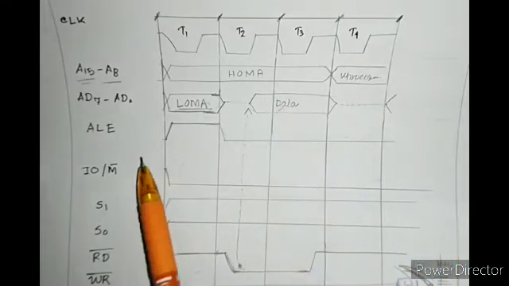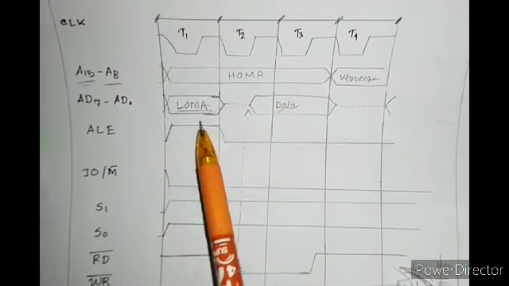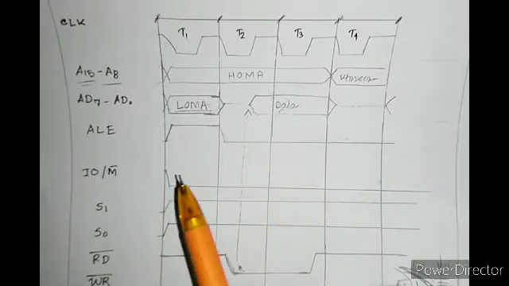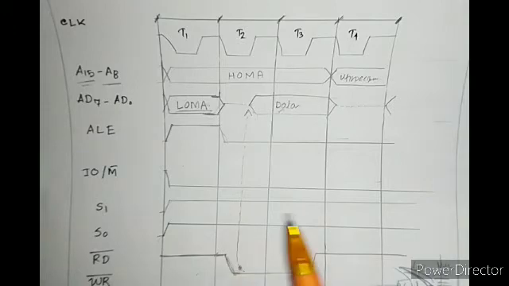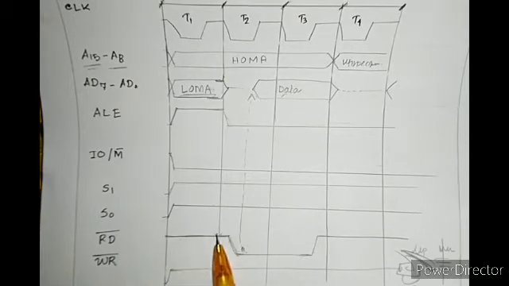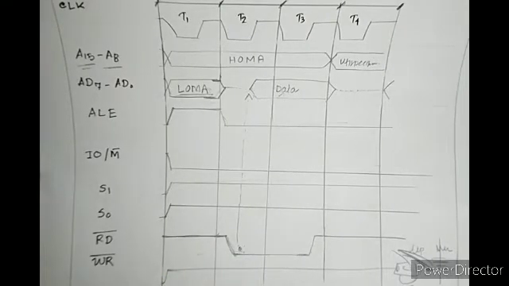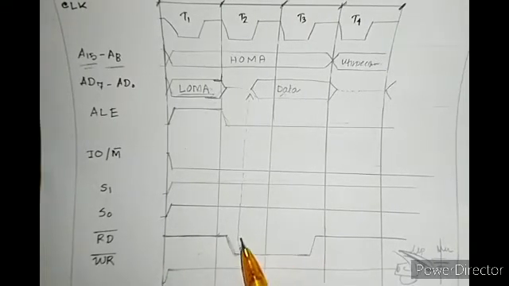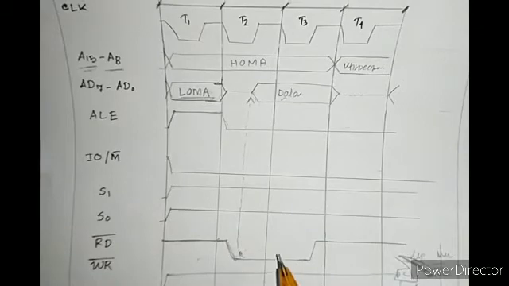Then ALE, first it will get high and then low. For 1 it's address, for 0 it's data. And this is also, I'm not discussing it anymore. And RD bar, obviously at first it is deactivated, then when the address gets specified, after the decoding, this signal will get released, and then